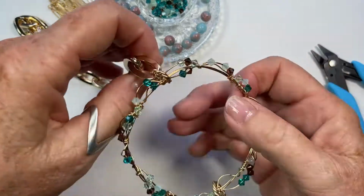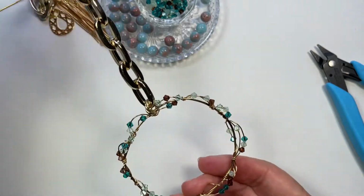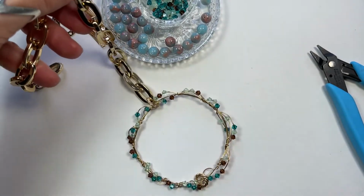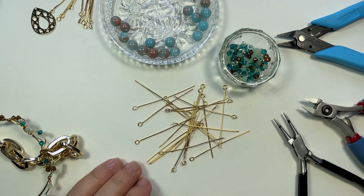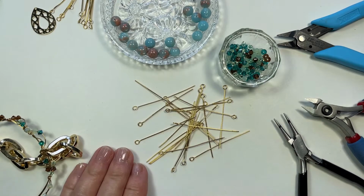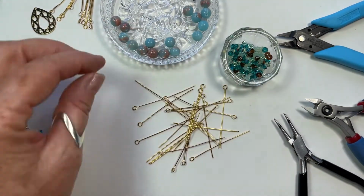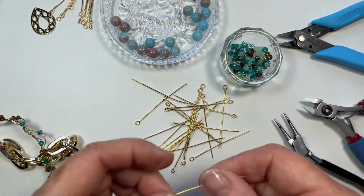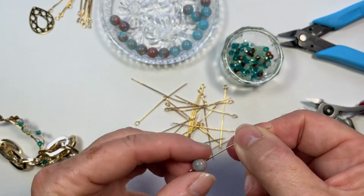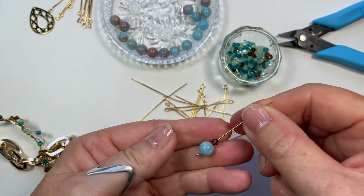So that's going to be sitting like this here. I have 21 eye pins here, and I'm going to create open loops with them using the impression jasper and the crystals. So we'll begin by putting on one of the stones, adding a crystal, and then we'll create the